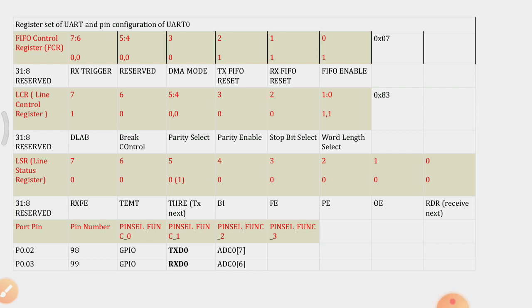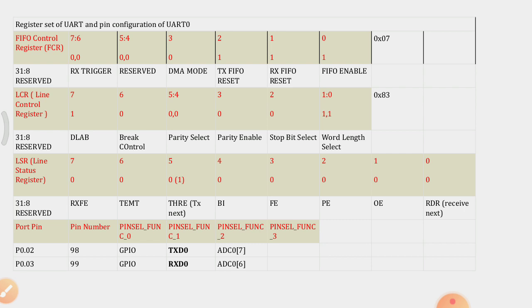Then at the end we have the port pin configuration. Here we are going to use two pins, P0.02 and P0.03. P0.02 is pin number 98 and P0.03 is pin number 99 in the LPC1768. These pins have three functions.